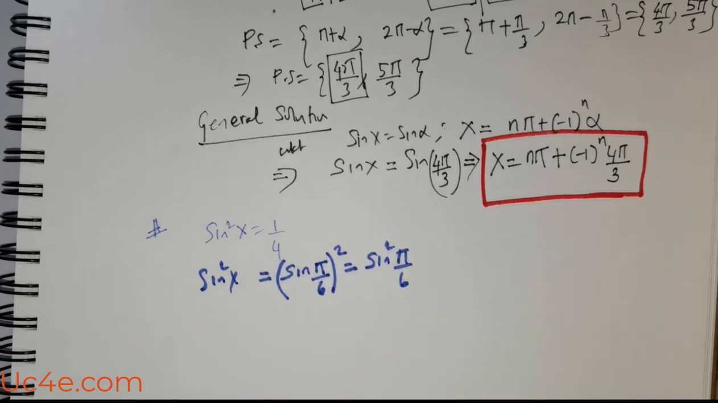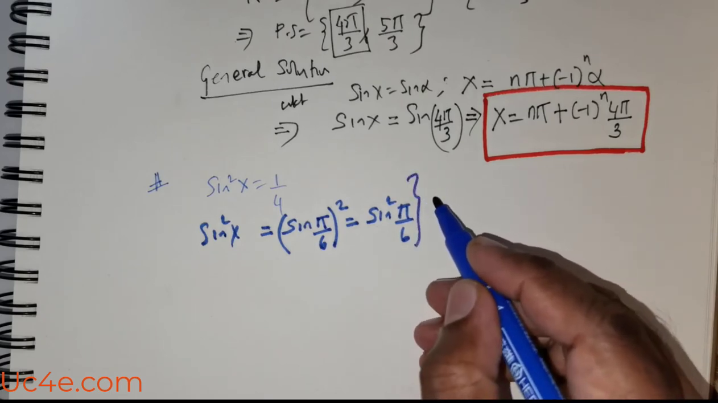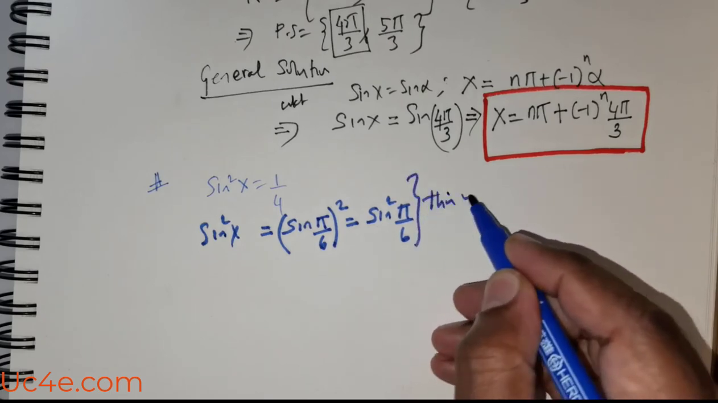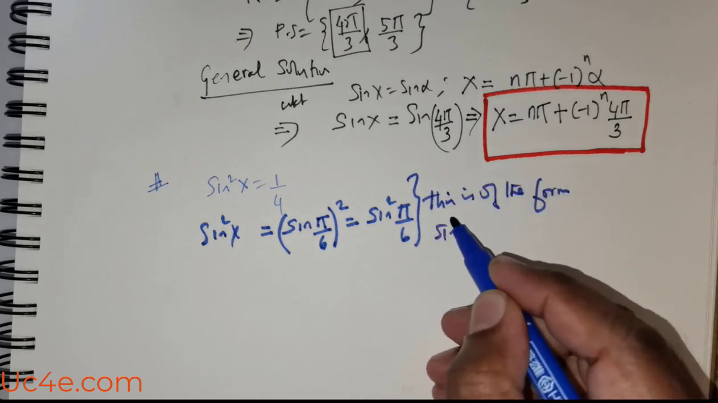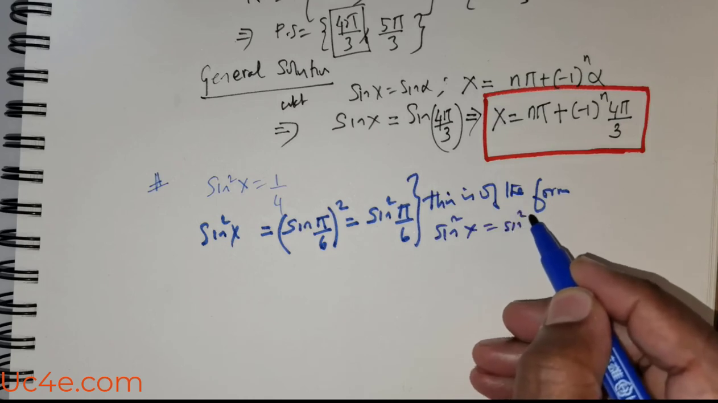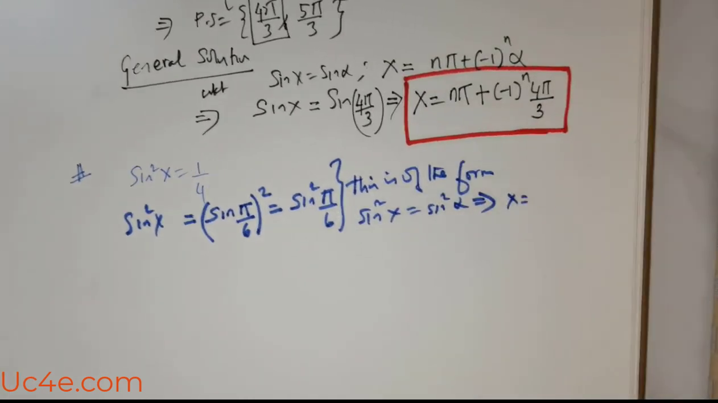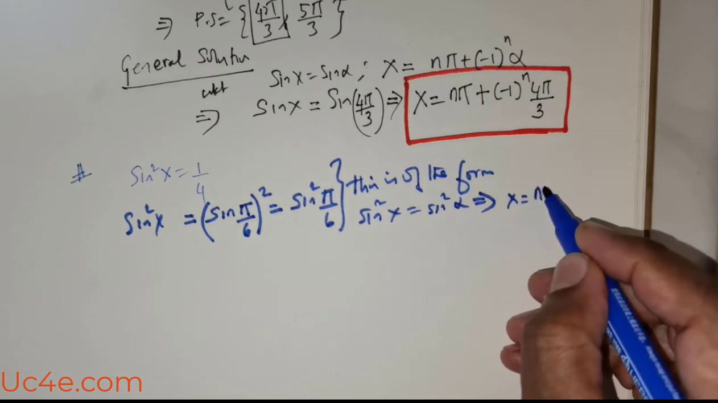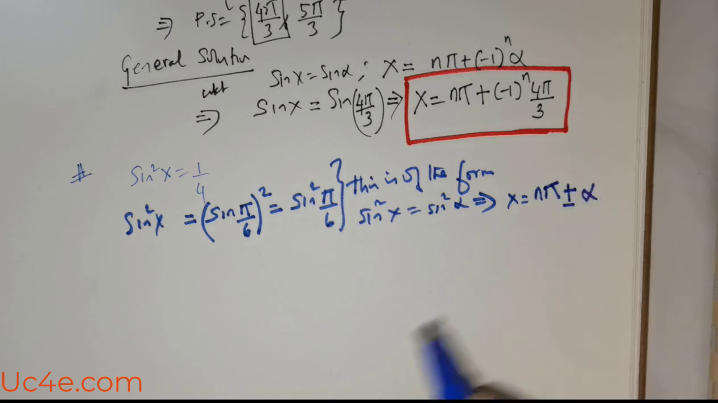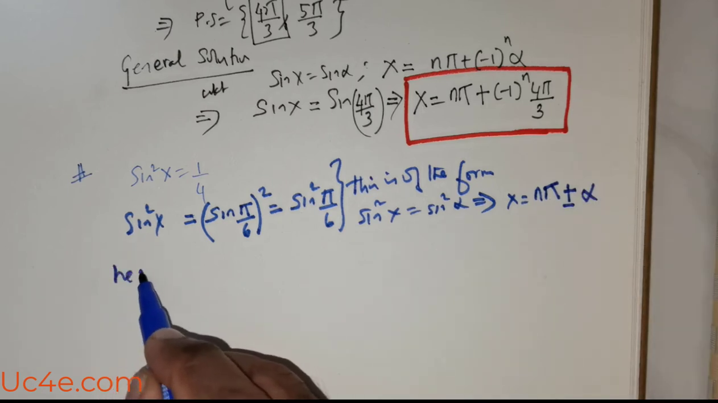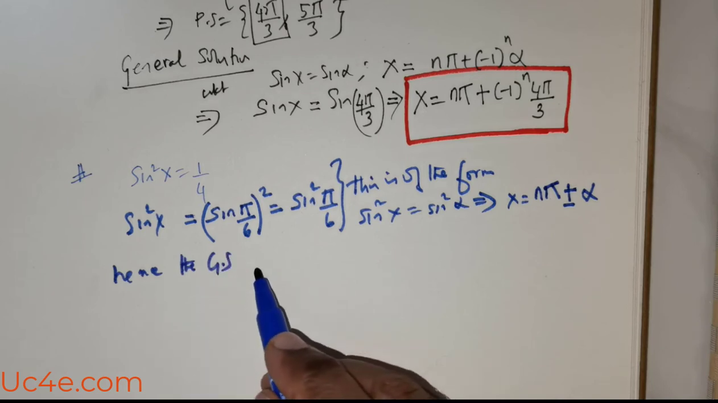That is not going to be working at all. So this would mean this is of the form sine squared x is equal to sine squared alpha, which would mean x is equal to n pi plus or minus alpha. So hence the general solution is going to be